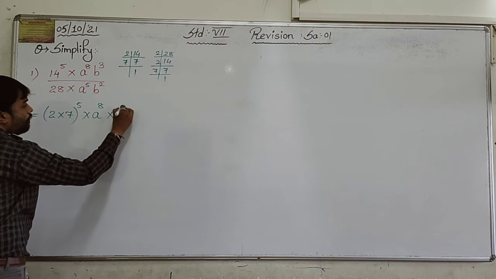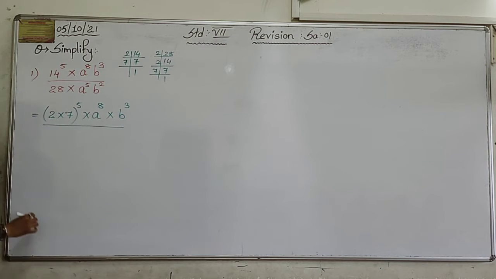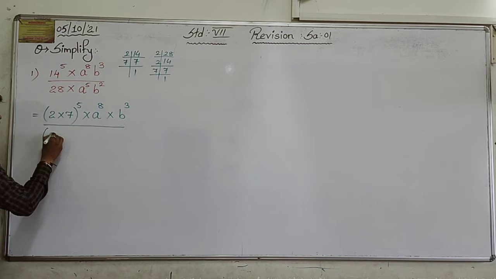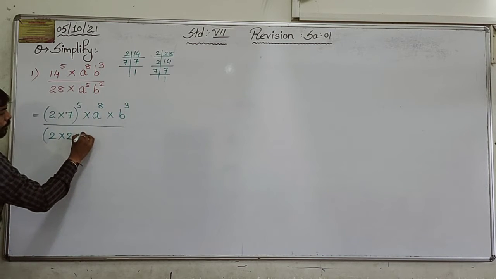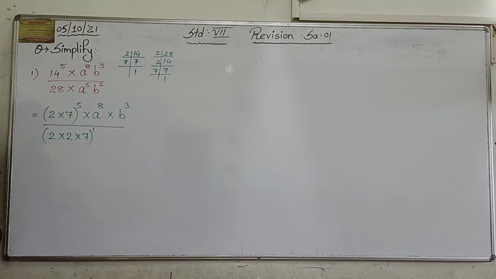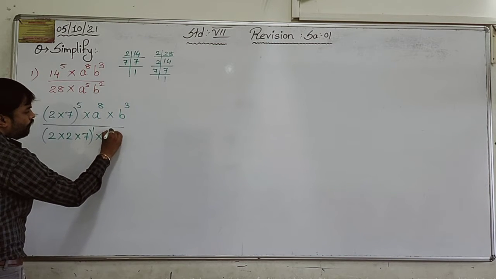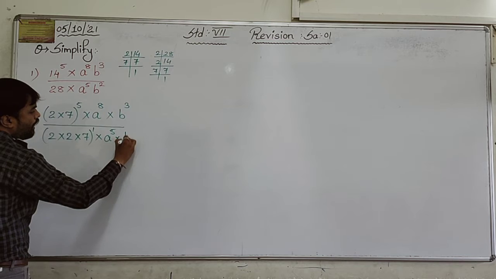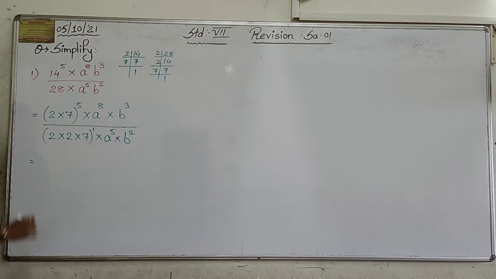Multiplied by b raised to 3, upon this 28, which can be written as 2 multiplied by 2 multiplied by 7, raised to nothing is there, so 1. Got it? Multiplied by a raised to 5 multiplied by b raised to 2. So that is equal to